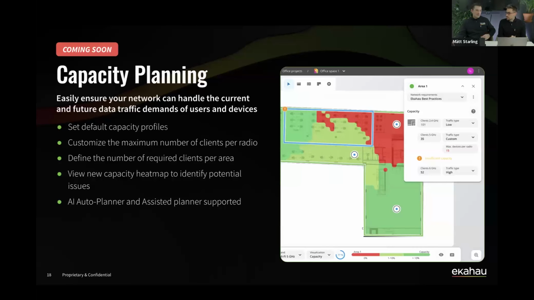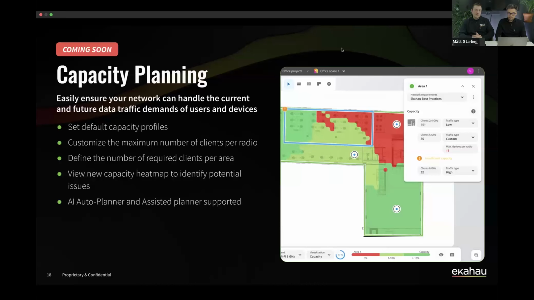Yeah, so as I mentioned, we are constantly collecting feedback from our users and customers, and capacity planning has been one of the most requested features. Of course, for those of you who have been using AI Pro Classic, that feature is a no-brainer. It exists already there. But in AI Pro Online, we're adding capacity planning, which relies on a relatively new concept. For each of your requirement areas, you can define capacity requirements for each of the bands, and we will automatically calculate and propose default profiles.